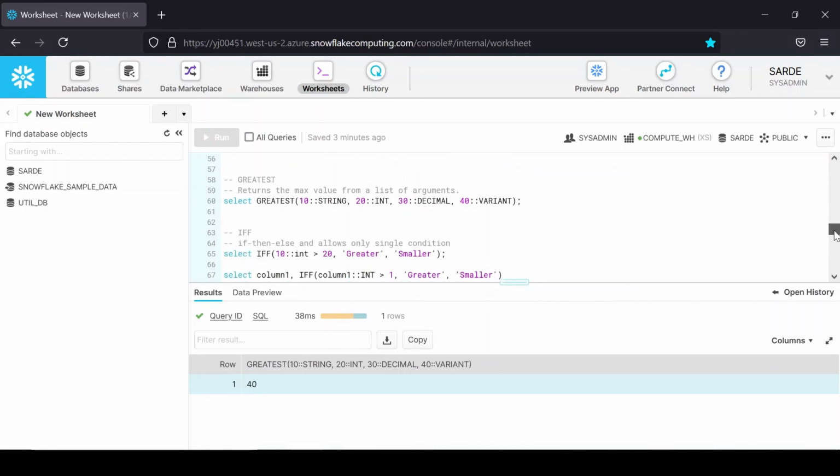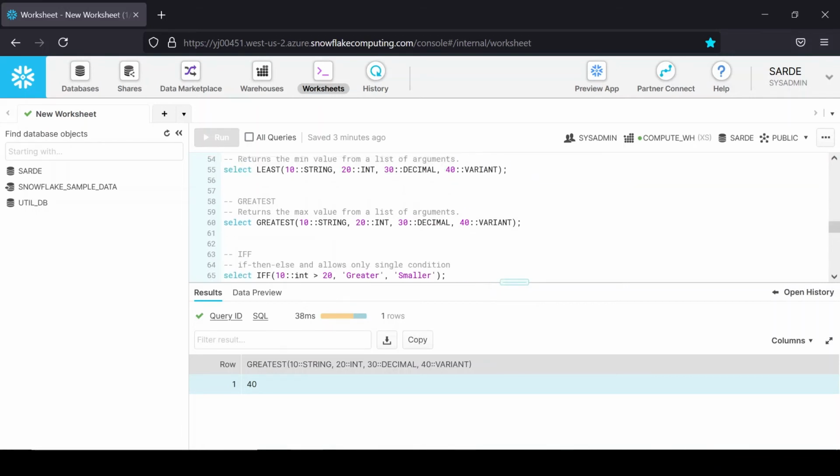So next we have IFF, which is like if then else type and allows only a single condition. If you remember the case statements in SQL, we can write multiple when and then, but here this allows only a single if then else condition.